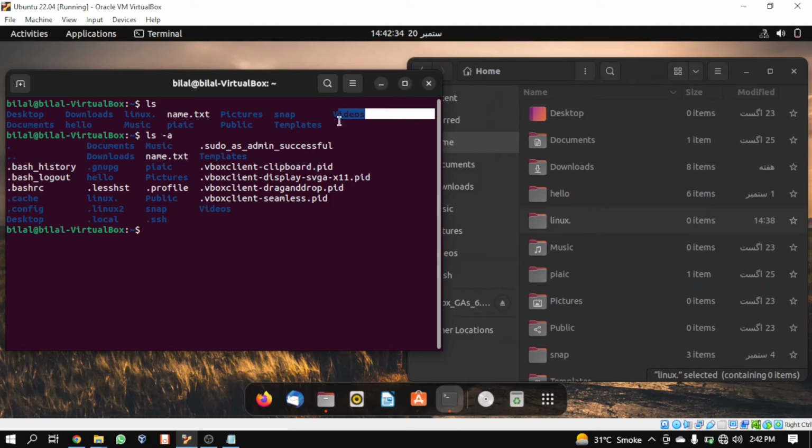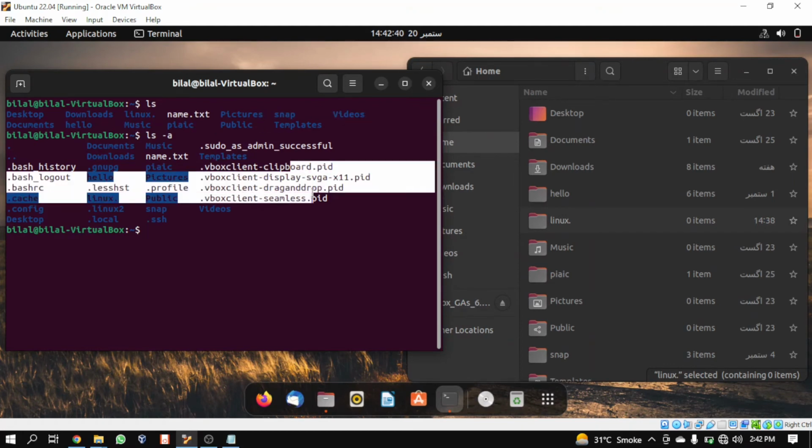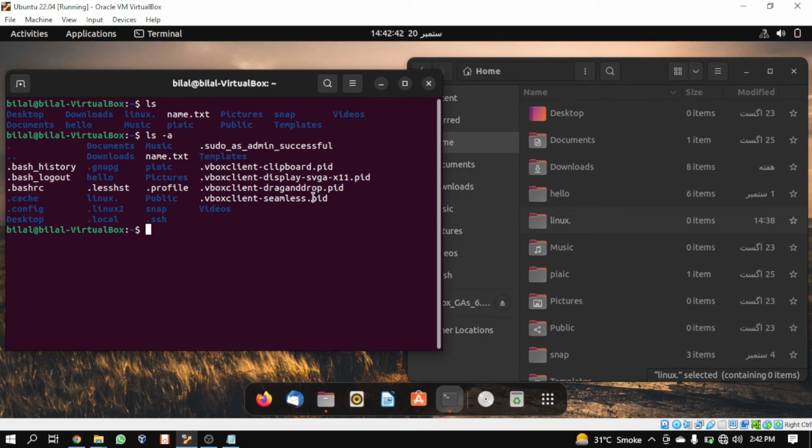videos was there, it was visible before. Snap was there, it was visible. But these files, these all files were actually hidden and you cannot see them in the simple ls command. To see these hidden files you need this flag ls minus a. A in ls minus a represents all listing. Okay, so after understanding ls minus a, there is another flag which is ls